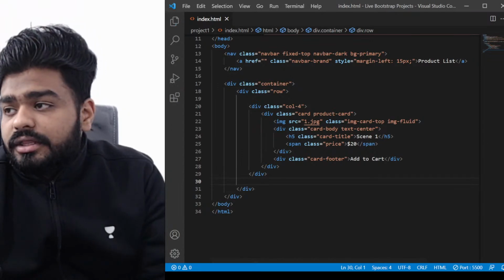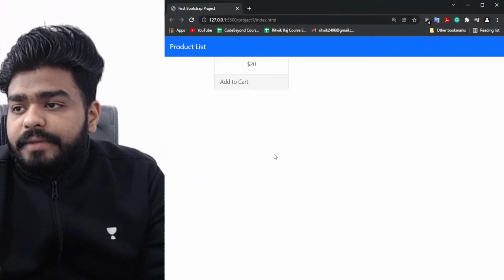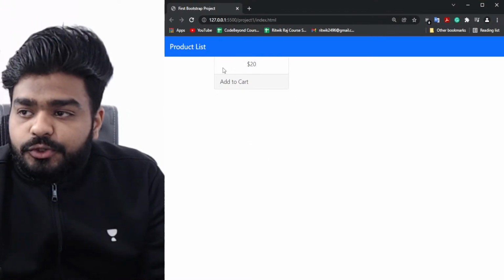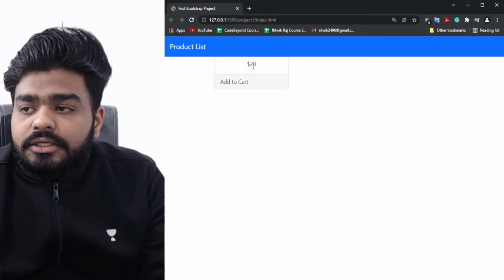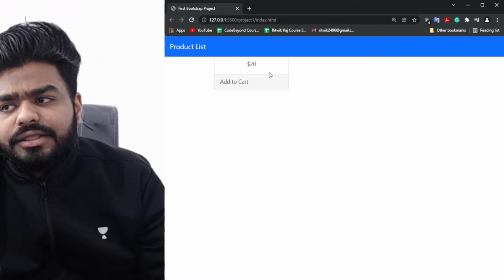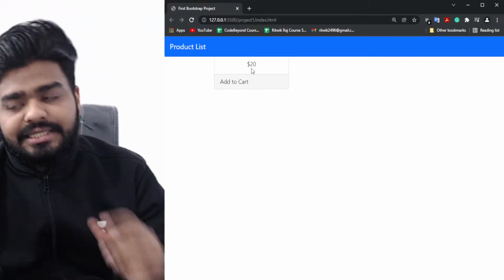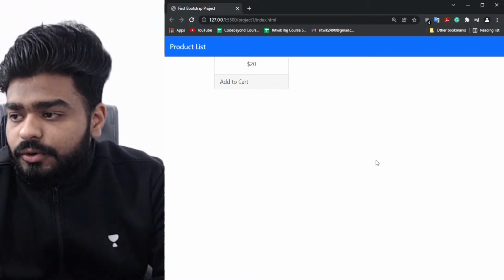I'm going to save this. I'm going to go to my browser, close this, and you can see what's happening, right? So you are getting this $20, which is the price. You are getting the add to cart, but we don't know why it is not showing me the upper part, right? So it's not showing me the upper part. See, the problem here is if you go to inspect,